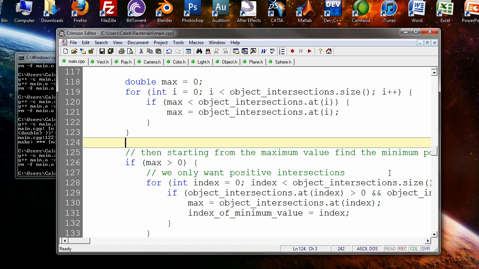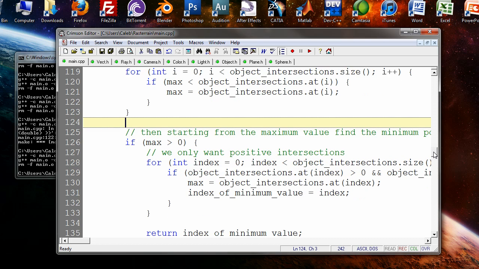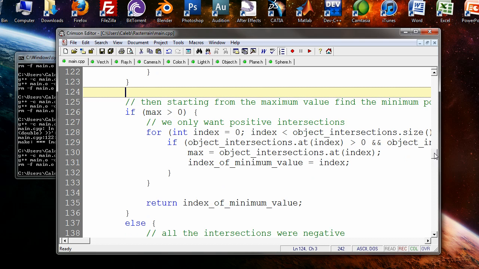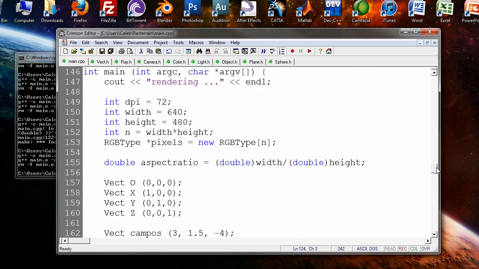So what we have is a ray tracer that creates spheres and planes. Then we put those in a vector, loop through all the pixels in the image, loop through the vector of objects, determine if the rays coming from the camera intersect with those objects, and then determine which object was closer to the camera. Then we can go down here, back into our main function,